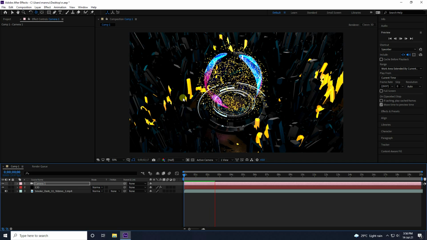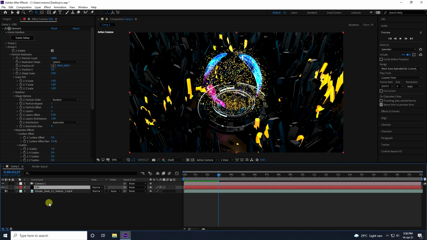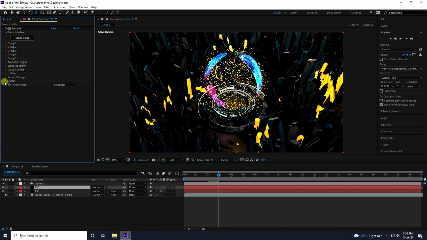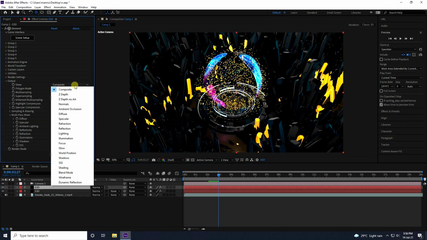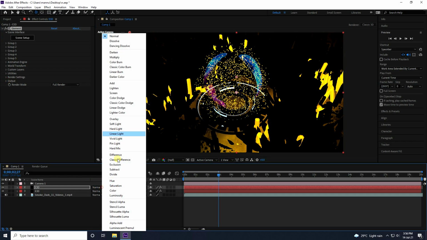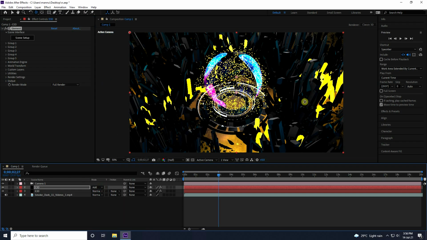Now I create glow effect, so stop and guys go to E3D layer and duplicate, Ctrl D, yeah. Guys go to render output, change illumination, yes, and mode, use add, yeah.